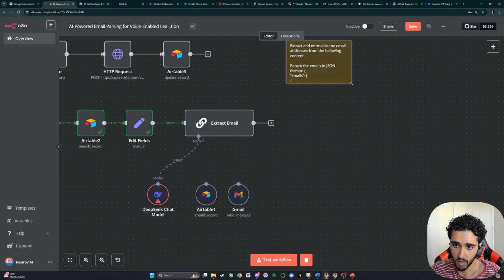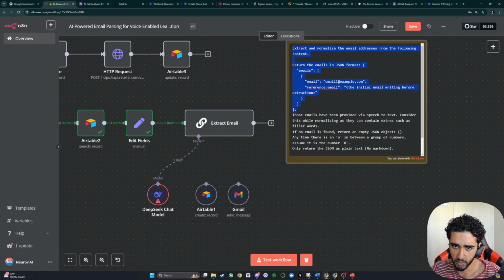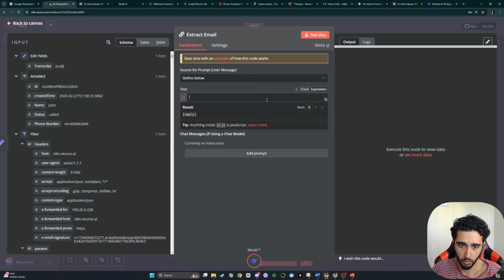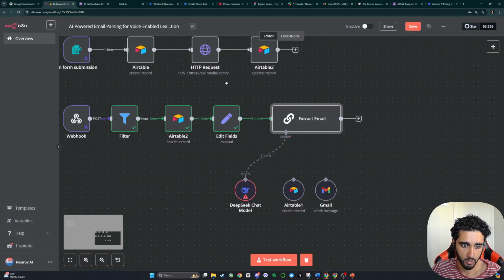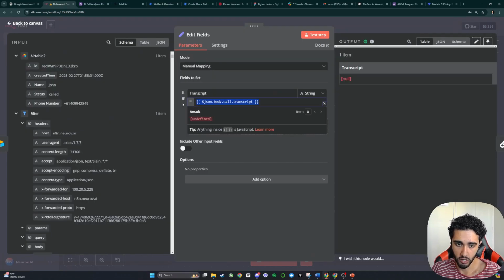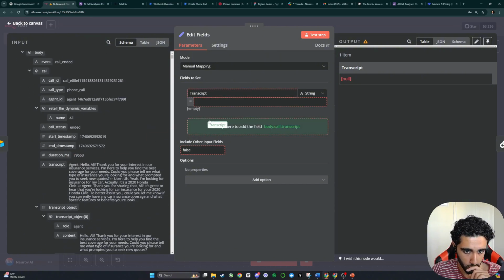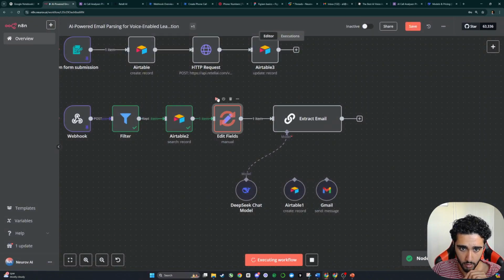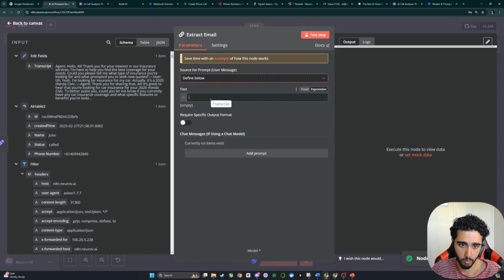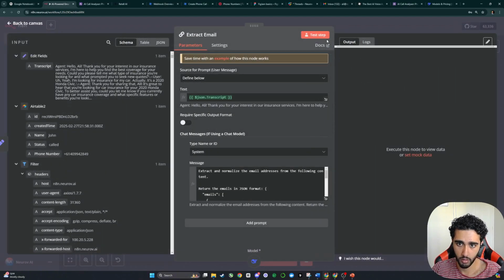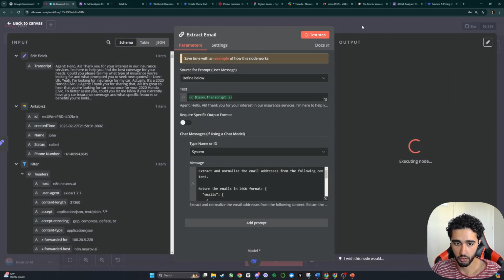We grab this prompt, and what I want to do is we only need this part of the prompt, which is basically the original email. Get rid of this. Basically change this to define below. Same thing. We want to grab the transcript. We can change this as well because we added that Airtable. So we want to grab transcript, test this, and then we basically want to put that transcript back into here. Add a prompt. So we want to go with this prompt, test step, and fingers crossed, DeepSeek will do its